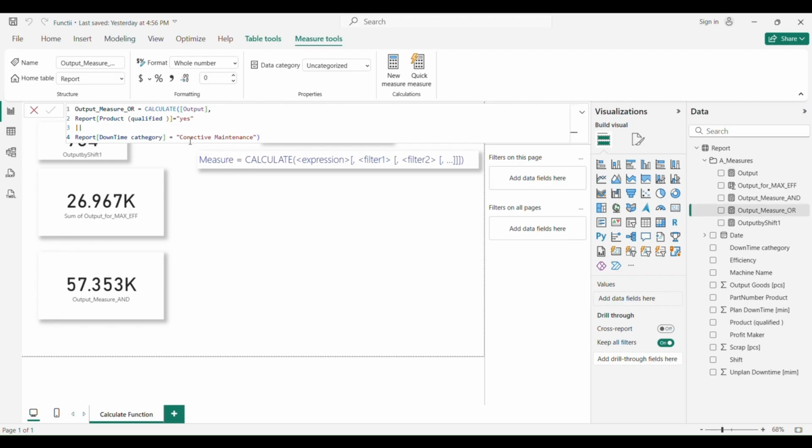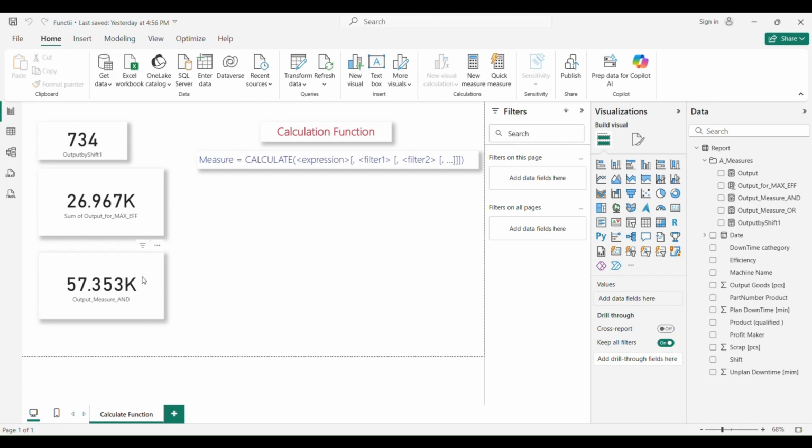For the OR function it is enough if you have only one filter true. If the other is untrue, it's not a problem, you will get the output for the first filter. With AND, both have to be true. And in general, when we write filter after filter in our CALCULATE formula, all have to be true. That's the main difference.